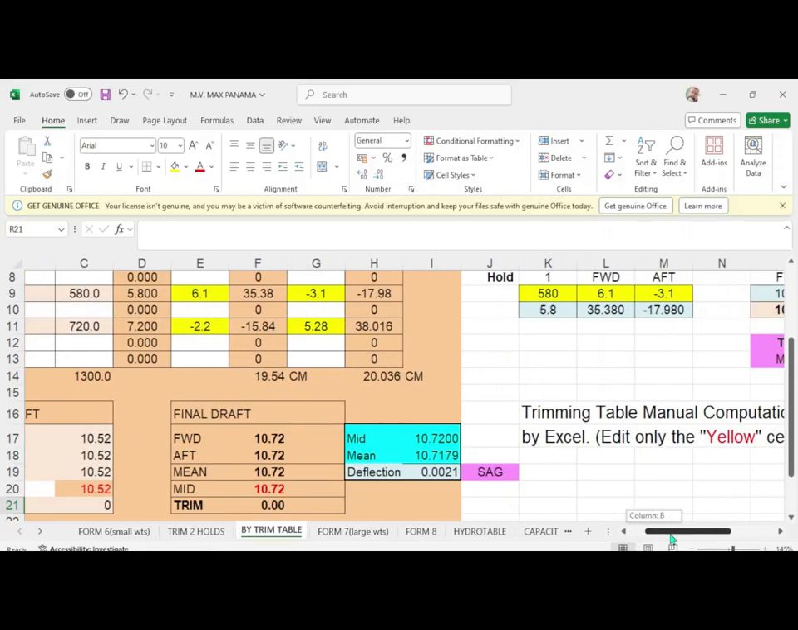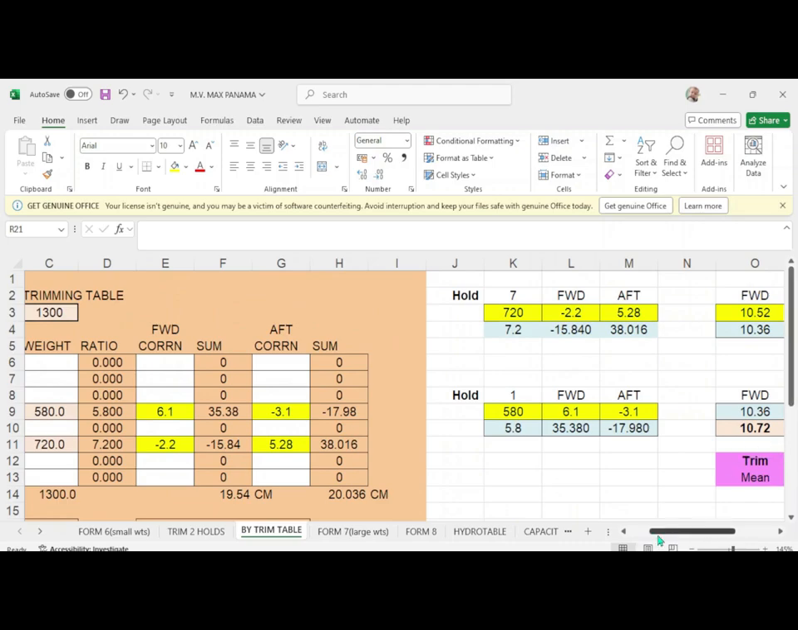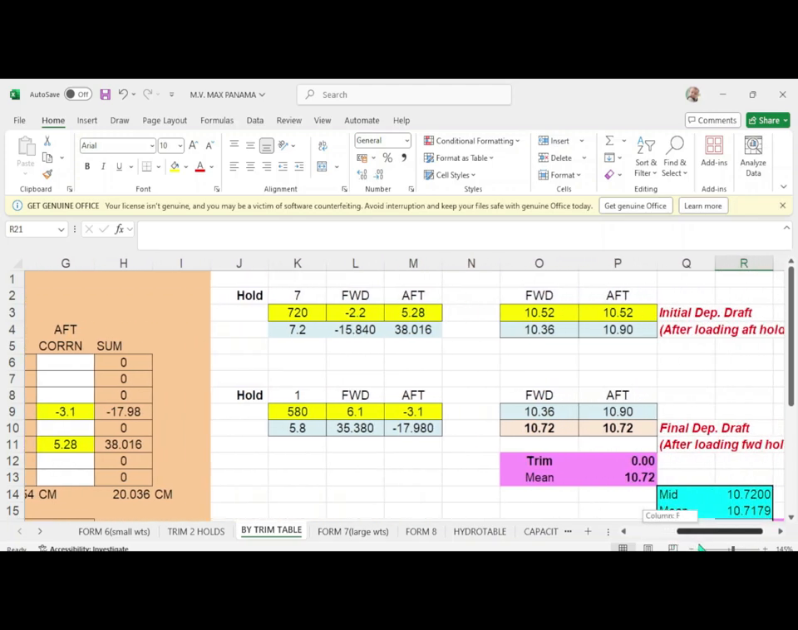And here's another solution of your trimming table. Okay, so in hold number 1, this 580, the forward correction is 6.1 and aft correction is negative 3.1, the same. So in hold number 7, you load 720, which is this one, and forward correction is negative 2.2, which is this one, and aft correction is 5.28, which is this one. So here, this part,